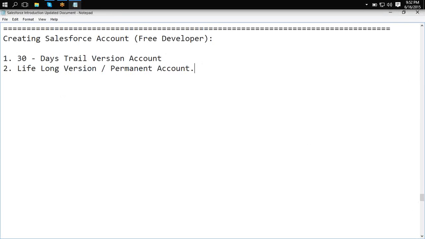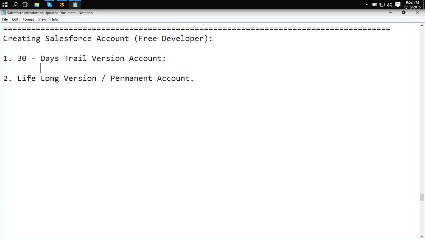Then how can we create these accounts? Now we will see. If we want to create a 30 days trial version account, then we can use